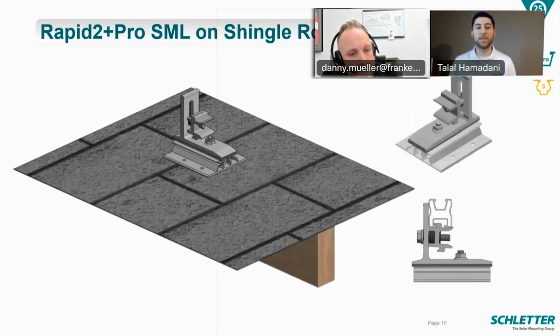So this is the same SML foot being used on top of the RoofTech RT Mini flashing system on a shingle roof. The beauty of this is that it doesn't require a direct connection to the rafters underneath, and it can be screwed directly into the roof deck for fast installation. I believe in Canada, this style is our most common. Danny, would you say the majority of products? Yeah, I think